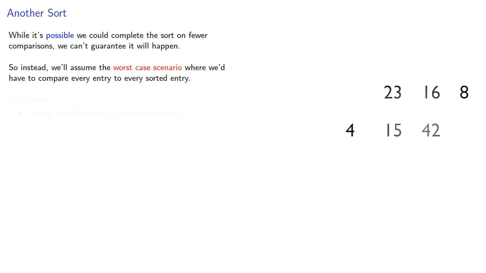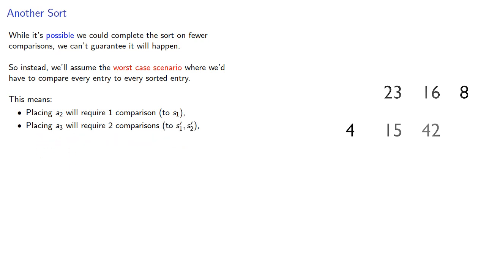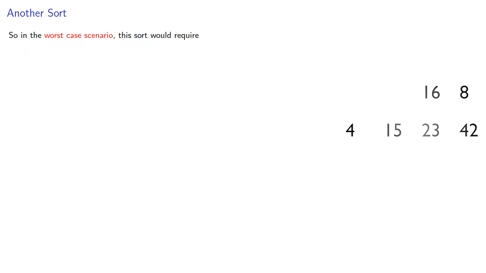And this means placing A2 will require 1 comparison to the first entry in our list. Placing A3 will require 2 comparisons to the 2 entries in our list. Placing A4 will require 3 comparisons to the 3 entries in our list, and so on until we get to An, which will require n minus 1 comparisons. So in the worst case scenario, this sort will require